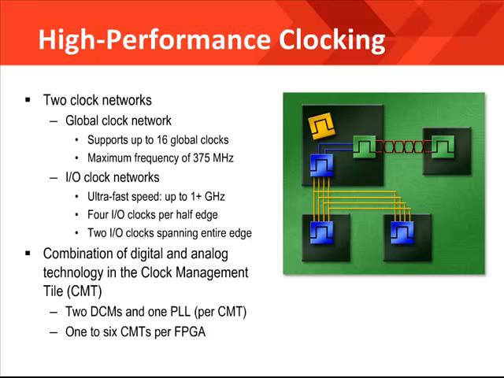The global clock network supports up to 16 global clocks and provides performance at up to 375 MHz. Spartan-6 I/O clock networks are used for distributing clocks to the IOB resources, which contain the SerDes functionality and operate at very high speed, in this case over 1 GHz. Now there are 4 I/O clocks per half edge and 2 I/O clocks that span the entire edge of the